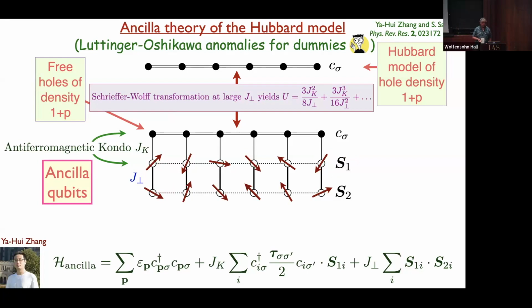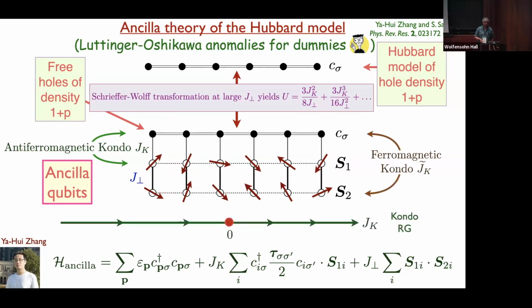On the other hand, we know that for the single site Kondo problem, so if we just had one spin here, coupled to conduction electrons, all the enormous amount of work on the Kondo problem says that the Kondo coupling is relevant. So if you start out with a small antiferromagnetic coupling, it flows off to infinity. And Wilson et al. have a famous RMP article where they actually compute that complete flow. And the whole Kondo physics is about the flow of JK to infinity and the formation of Kondo singlets and so on.